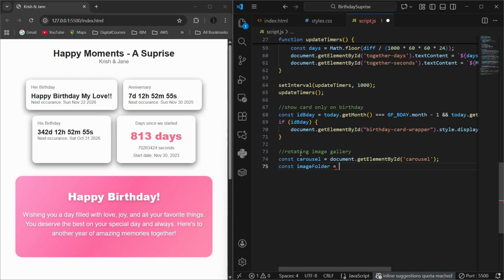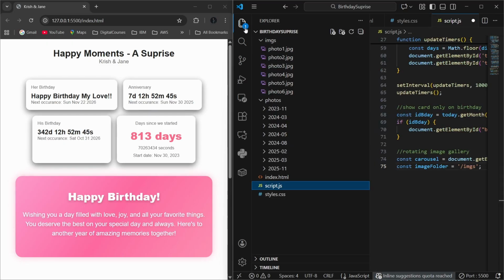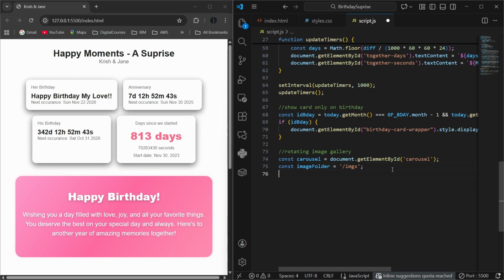Image folder will be the imgs folder. So I have all the images inside this imgs folder. We'll create the array of images from this one. So names will be photo1.jpg,